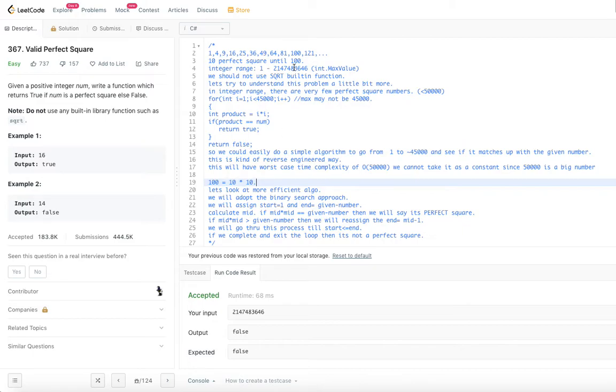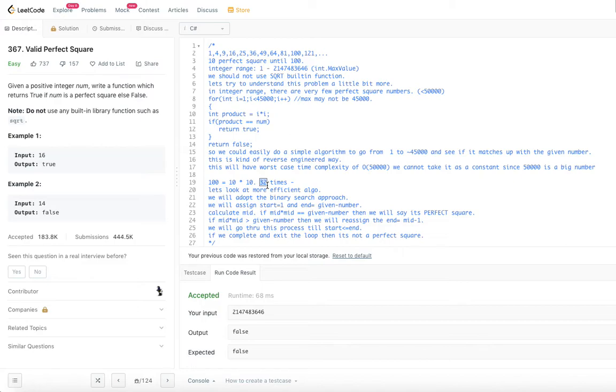For example, even for the integer case, a 32-bit integer is 2 power 32. So the logarithm of integer max will be just 32 operations, 32 times we will go through, as opposed to 50,000. We were going 50,000 for the integer max, but in case of integer max for this binary search based algorithm, we are going through only 32 times. How many folds did we improve? It's probably more than 1,000 folds that we have decreased the time complexity for this algorithm, right?